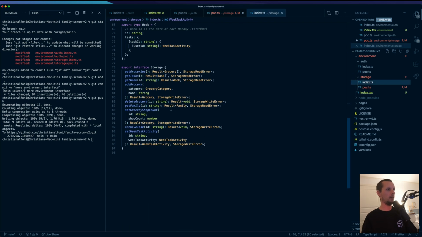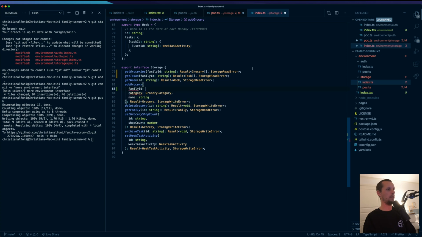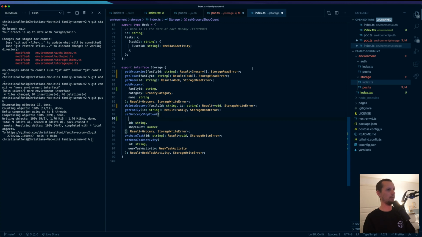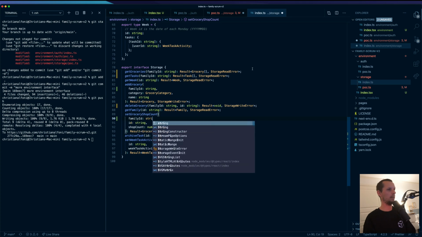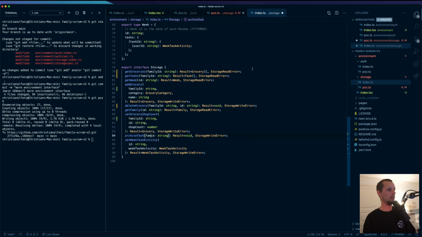Yeah, let's do that. So to get the groceries, we actually need the family ID. And to get the tasks, we also need a family ID. And to add a grocery, we need a family ID. Oops. String. To delete a grocery, we need a family ID. To get a family, yeah, of course we need a family ID. And to set the grocery shop count, we also need a family ID. And to archive a task, we need a family ID. And to set the,